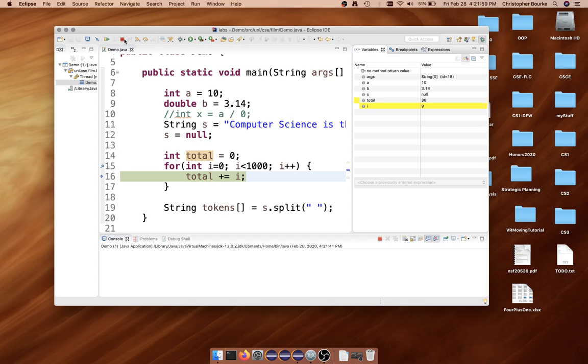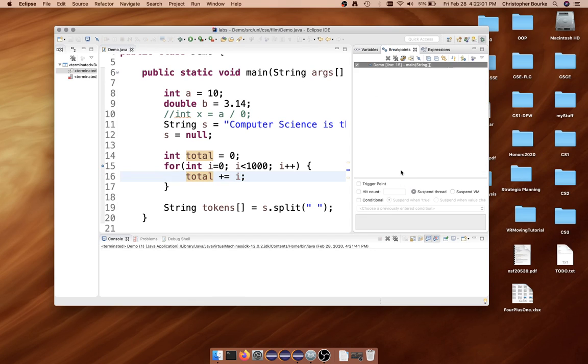So what I'm going to do is set a conditional breakpoint. That's the same breakpoint over here, but you can set it to be conditional. And only if i is, say, 500, right? Because we're doing 1,000 iterations over here, I want to stop, say, in the middle, okay? And I'll go ahead and save that. Any valid Java condition can be put over here. So when I run this now,